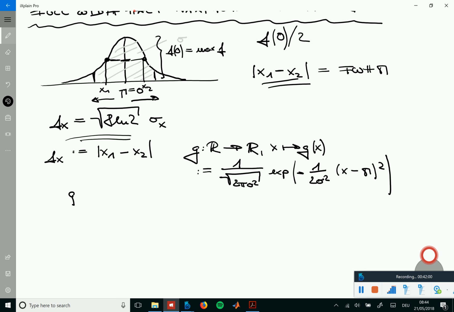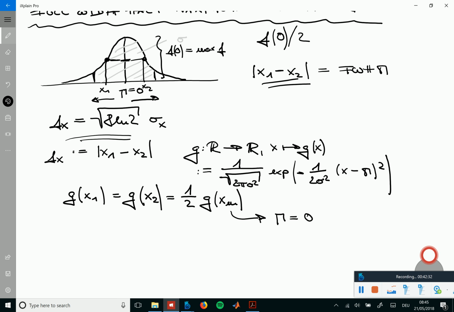I think I changed nomenclature there to find 2 points x1 and x2 for which we are at 1/2 of g of x maximum, and x maximum for such a Gaussian is of course mu. And if we make the additional assumption that mu is 0, then we have a closed form